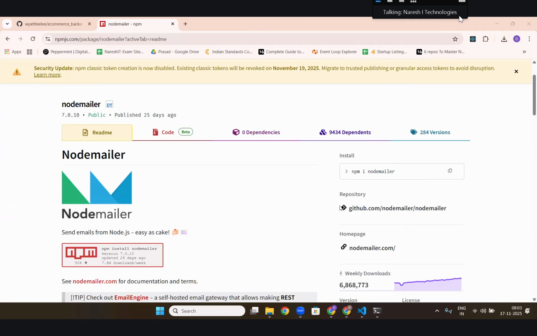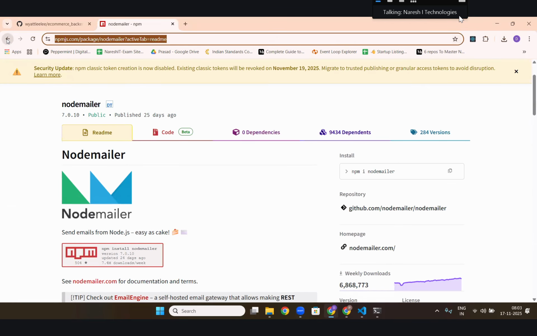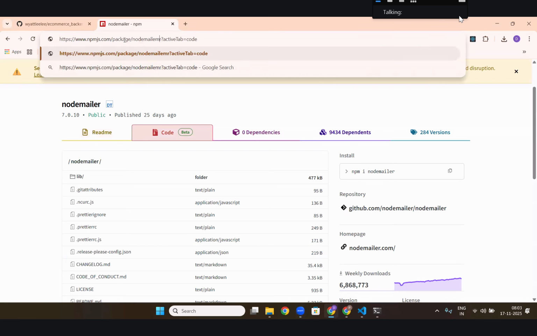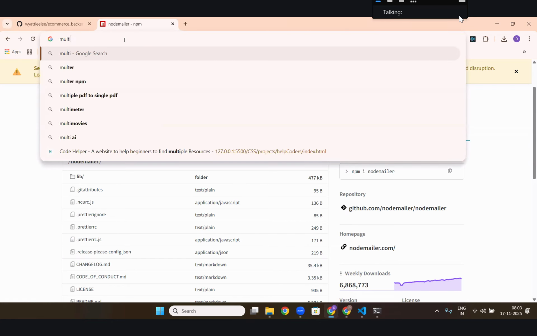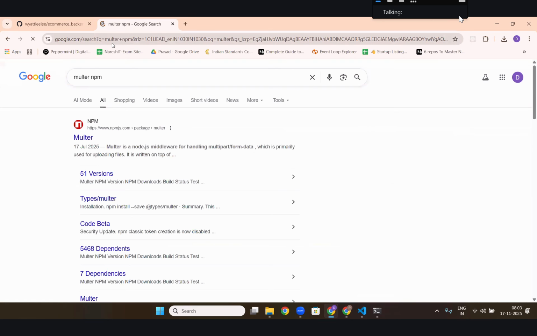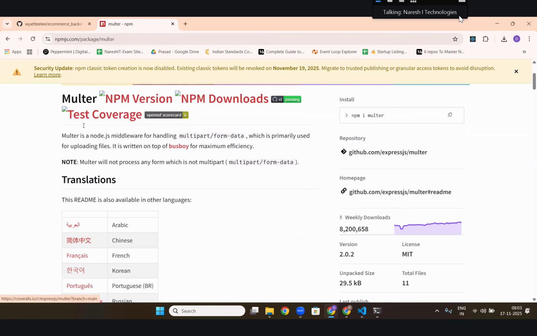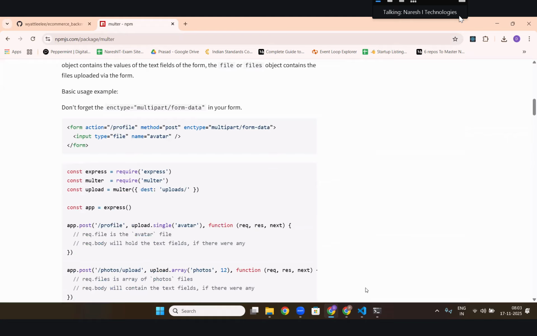For this, we use a package called Multer. The reason I'm telling you all this is that different people use different things. It's not like only what we learned is the universe. No. Whatever the data is, it will take it. Now next, if you are uploading a file in HTML, you will upload the image using the file input.